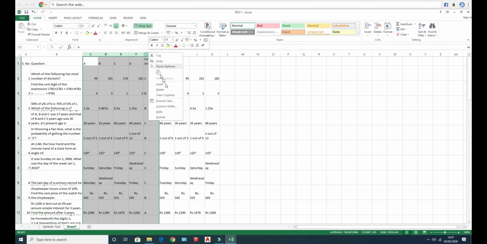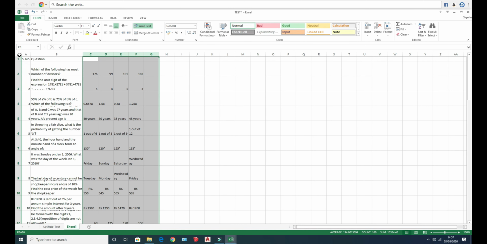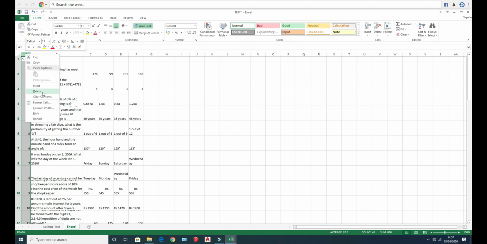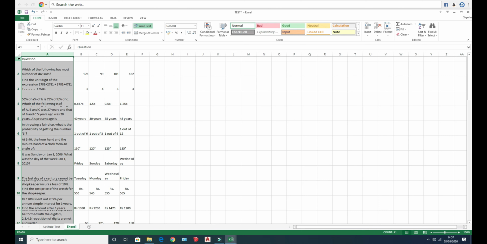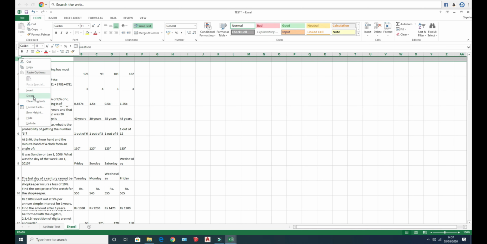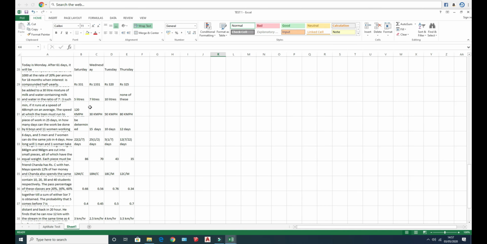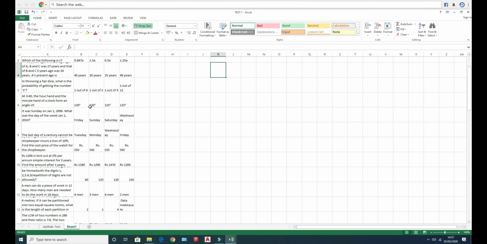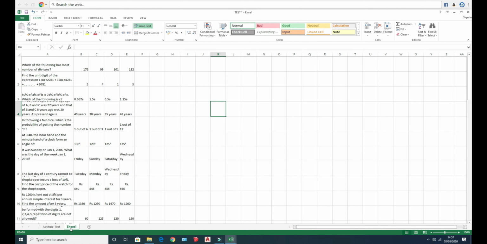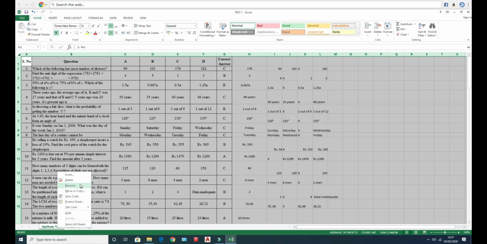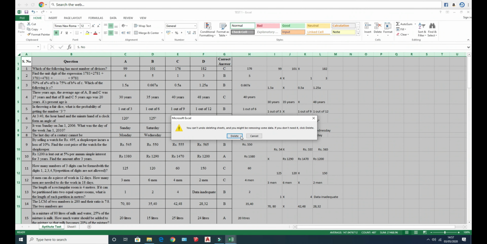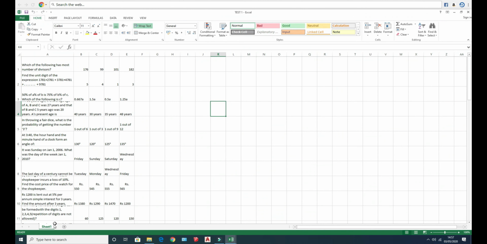I am deleting the options and answers. Now I have only questions in column A, the correct option in column B, and the other options in columns C, D and E. Now my spreadsheet is ready. Here I can rename whatever I need.